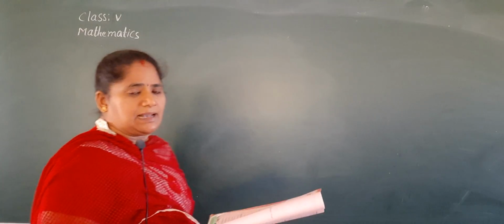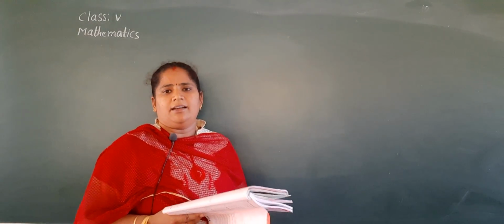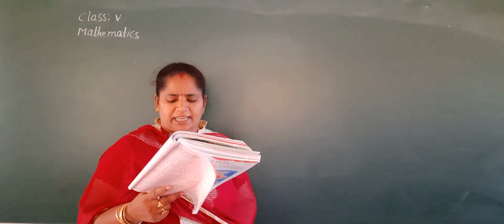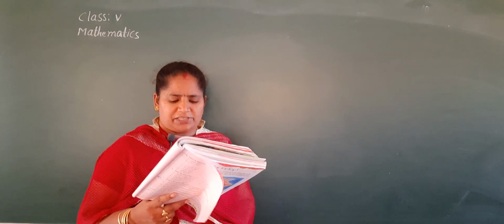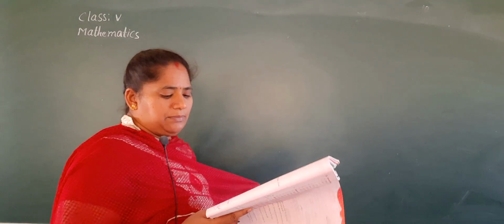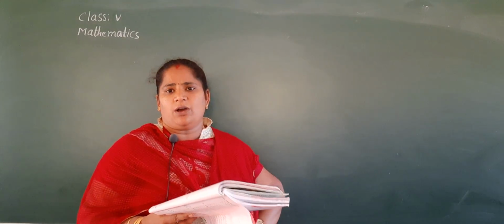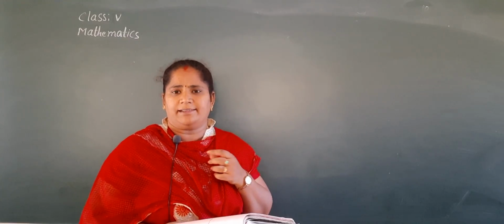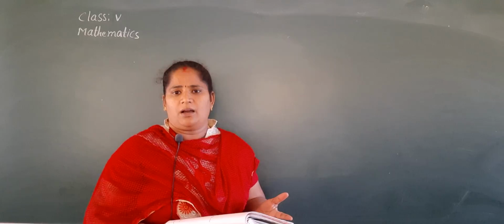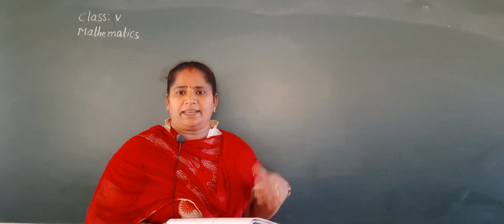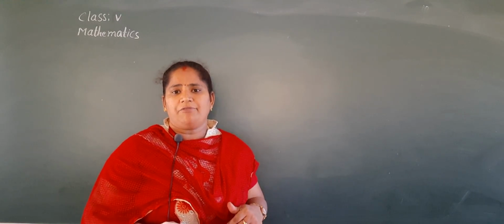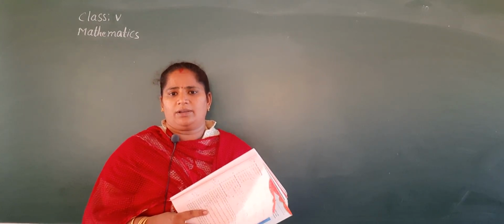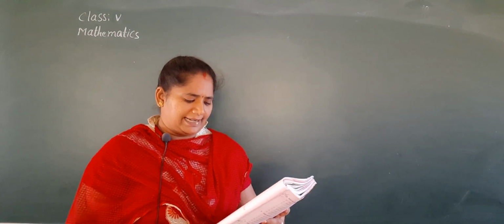Okay. And next. We divide when something is distributed or shared equally. Is it true or false? Yes. Equal distribution is called division. And you have to remember 2 points Nana. If the value of one item is given and we have to find the value of more items, we multiply. And if the value of many items is given and we have to find out the value of one item, we do division. Don't forget these two children.